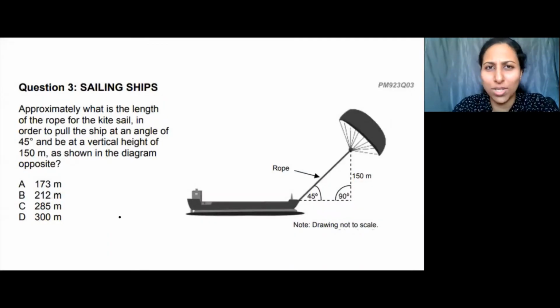This is one of the questions which was asked, which was in the objective pattern. The PISA exam has both objective type questions, which are MCQ type questions, and also descriptive type, where you have to write in your answers. This is one of the objective questions, where based on the information you have read, you need to think: what is the length of the rope of this particular kite sail? This is one of the types of questions which came in the exam in 2009.